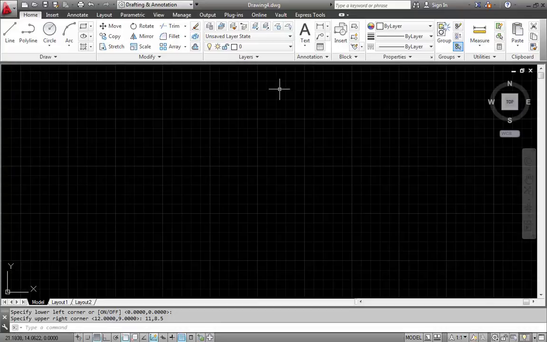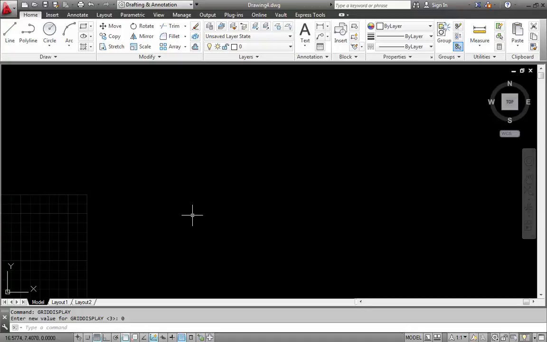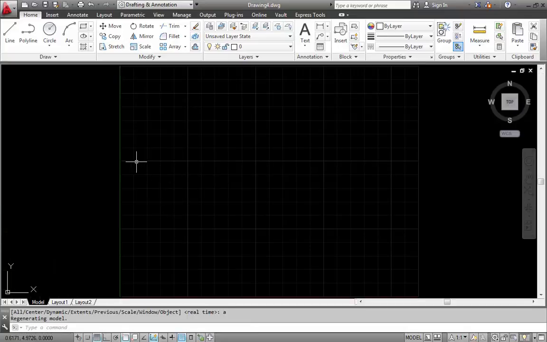The problem is I have no concept of where those limits are on the page right now, or on the drawing area. So what I'm going to change a couple things so you can actually see where those limits are. So I'm going to type in grid display. And when I type in grid display, I'm going to change that to 0. Now what this is going to do is change the limit so you can see the outside area. So I'm just going to type in Z for zoom, A for all,